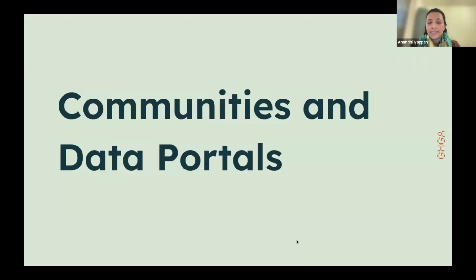In this part of the presentation, we will be focusing more on the existing communities and the existing data portals, which are consortiums and communities that support FAIR sharing, and also some data portals which implement FAIR sharing to some extent in storing data for their repositories.